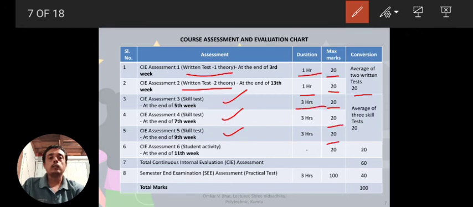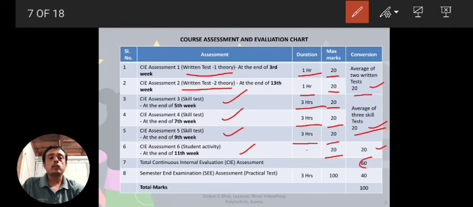Duration 3 hours, you can see. Then average of these 3 skill tests is taken. You can see average of 3 skill tests for 20 marks. Then student activity, this is also for 20 marks. So for finalizing your internal marks, I need to add this average and this student activity marks.